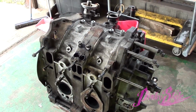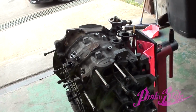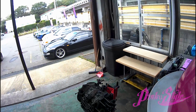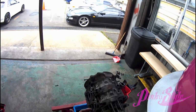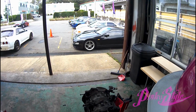I don't know all the hate from the rotaries, man, but this is a very, very simple engine. I mean, I built a lot of piston engines. I knew it wasn't going to be hard for me because I've been in the game for a little while, and mechanical ability, you know, I mean, bolts and nuts, you just take them off in sequence and put them back on in sequence. It's really easy. So in a nutshell, there's a lot of stuff packed on it, but they're really not, you know,